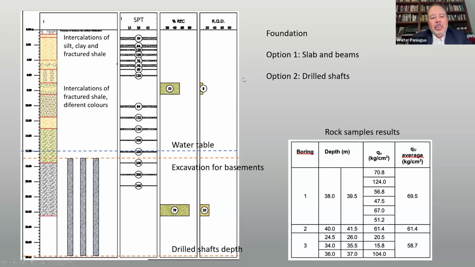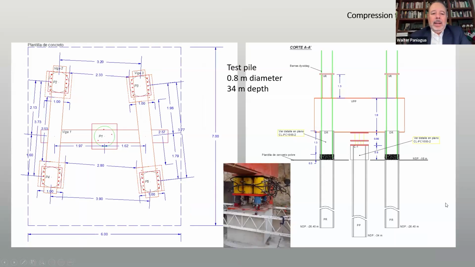So option one was to make a slab and beams that were founded on this shale, but after some considerations, they decided to do drilled shafts over here. And the rock samples, the results, here you can see at several depths and some average values of the unconfined compression testing. The arrangement of the static load testing is similar to the previous one, both